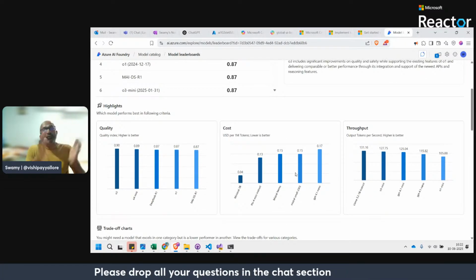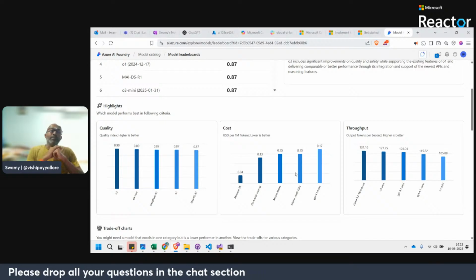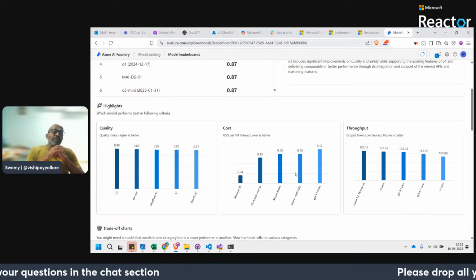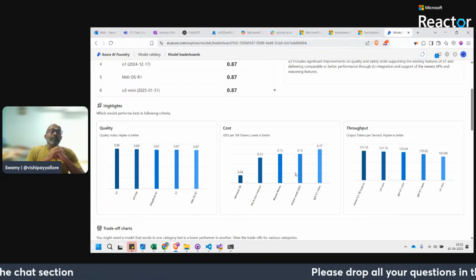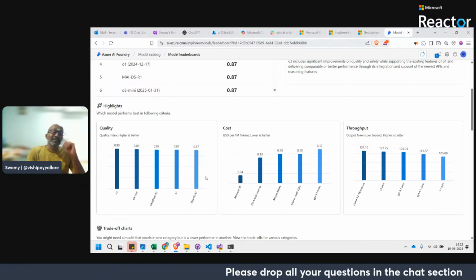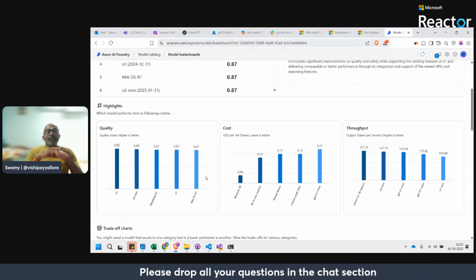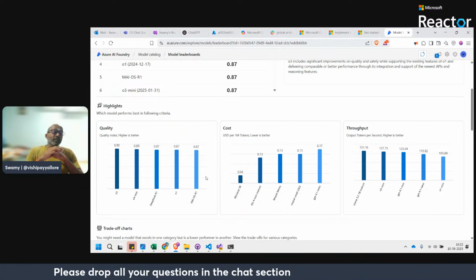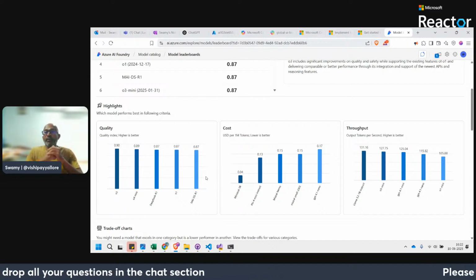Now we have to do the trade-off. If something is a little bit cheaper and the quality index is also falling down, will it make sense to use that? If the customers are okay with that, we can use it.